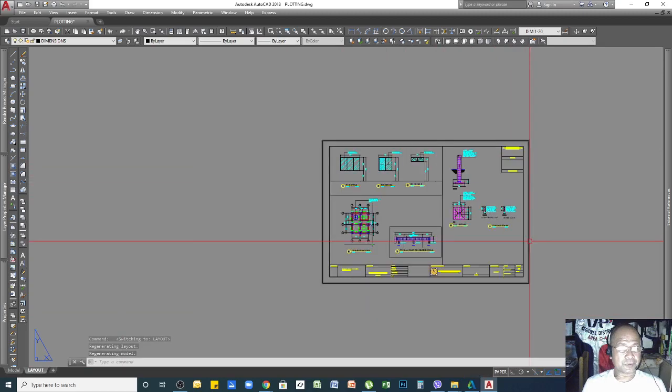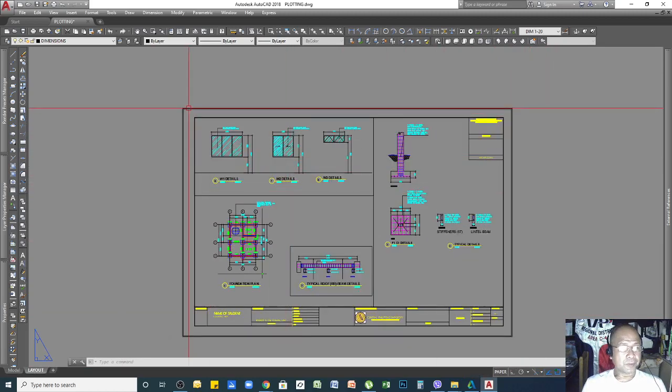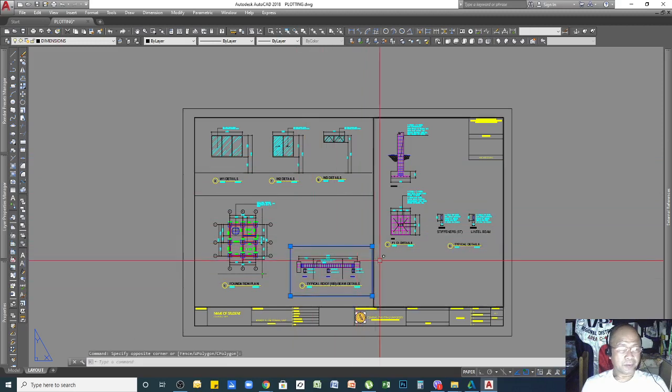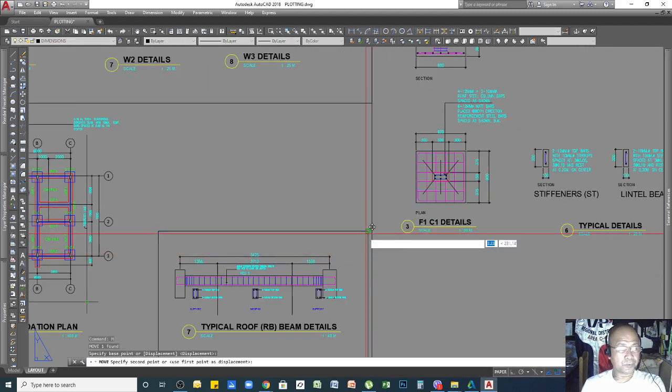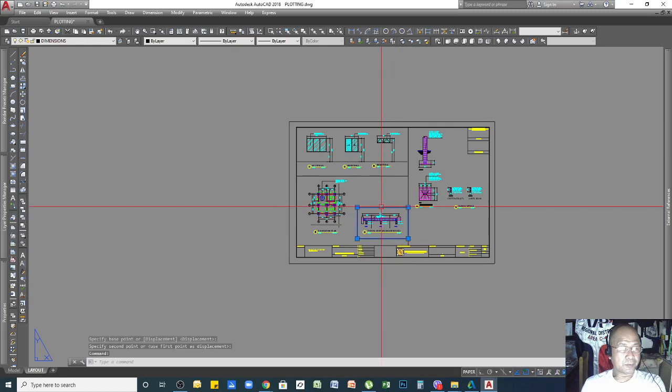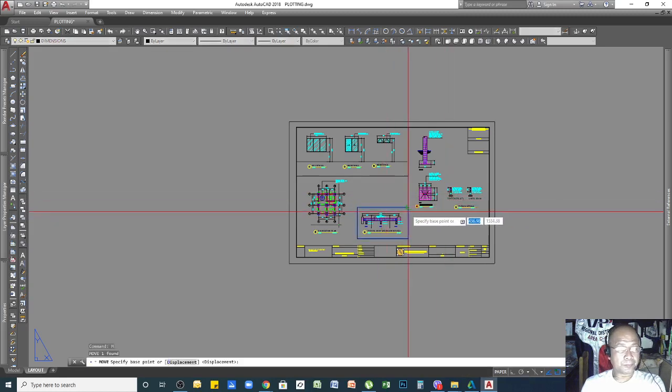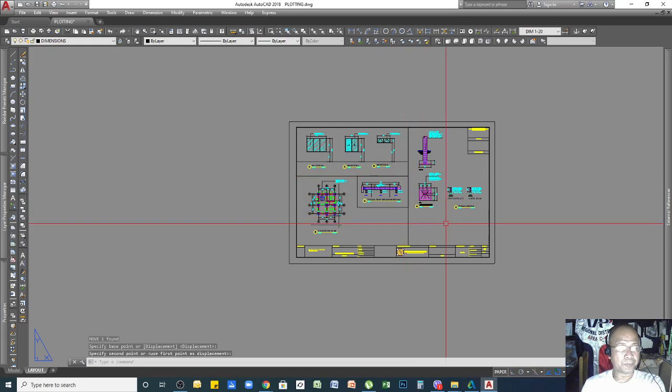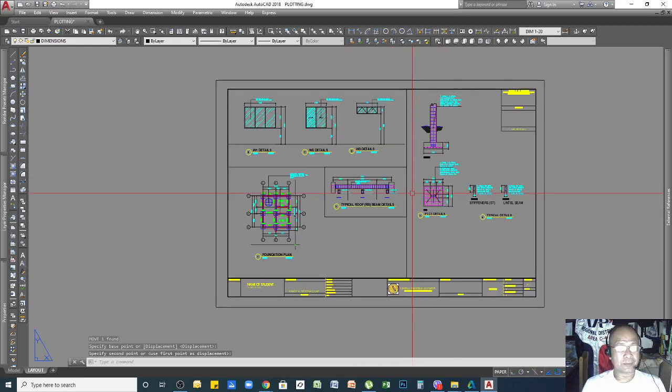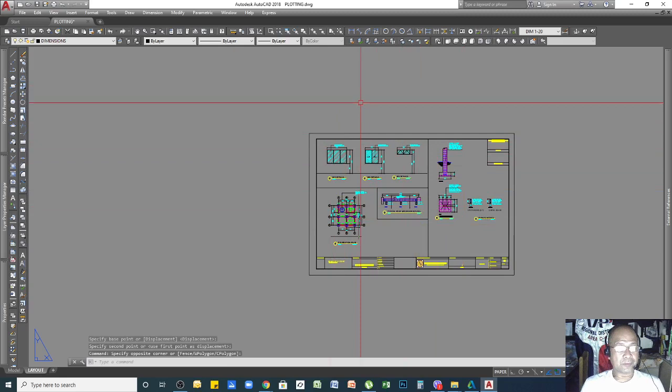In our previous video, I set this drawing. I set this paper space, and I arranged the content according to what I've decided, where to put the parts of my drawing. So for example, like that. Now if I